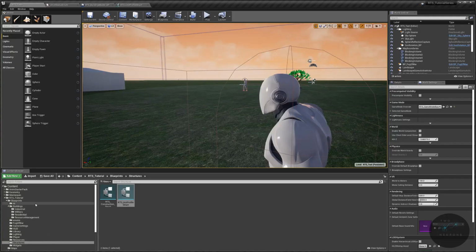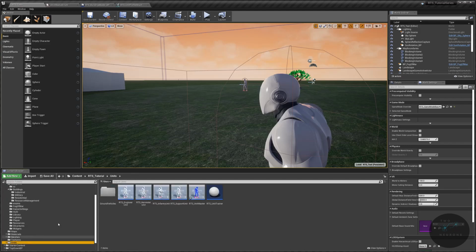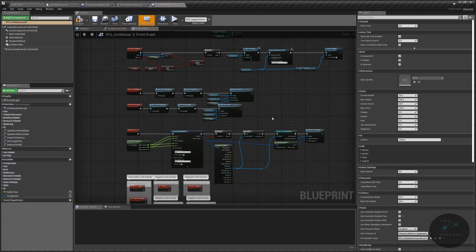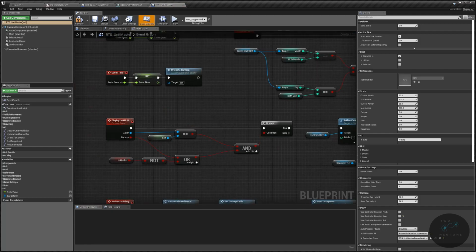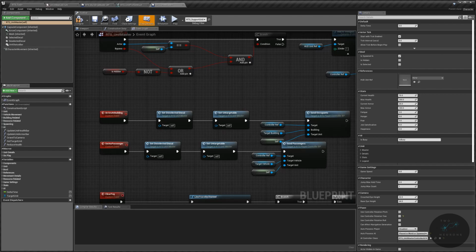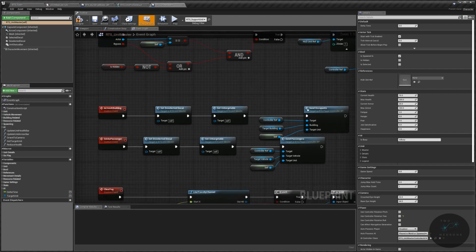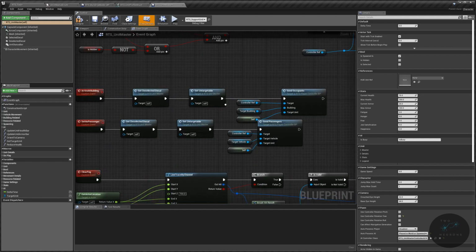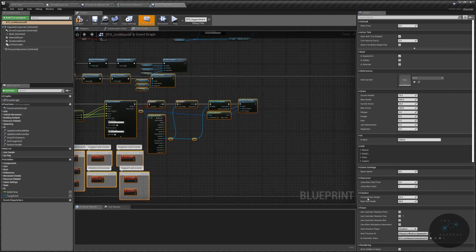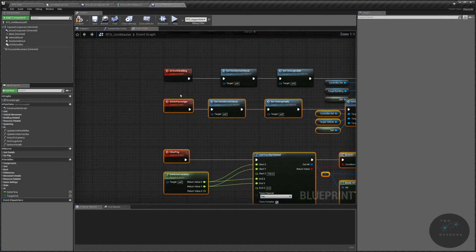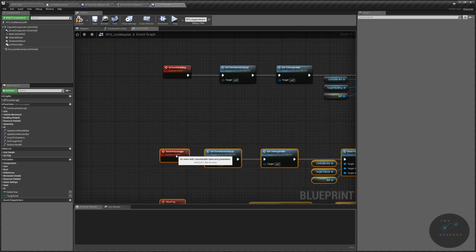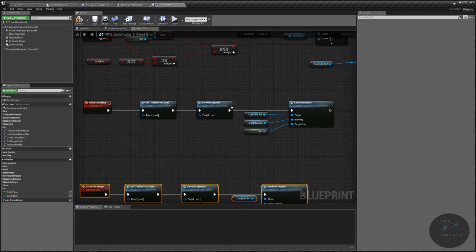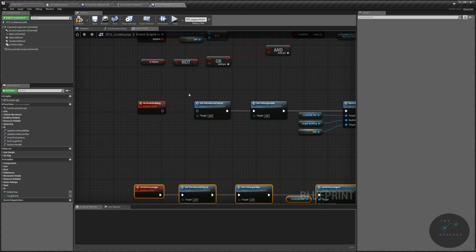I am now going to go to my unit master. So if I go down to units, I'm going to open up my unit master. Notice it's changed because we've changed the profile. And I'm going to add some updates. So there are 2 changes I need to make. One of them is going to be really rather obvious, I think. And that is, well, actually, maybe not so obvious. First thing I'm going to do is grab all of this content, starting from set passenger, clear fog, all that stuff, everything below arrive at building, and I'm just going to lower it down a tiny bit. So at the beginning of this arrive at building,